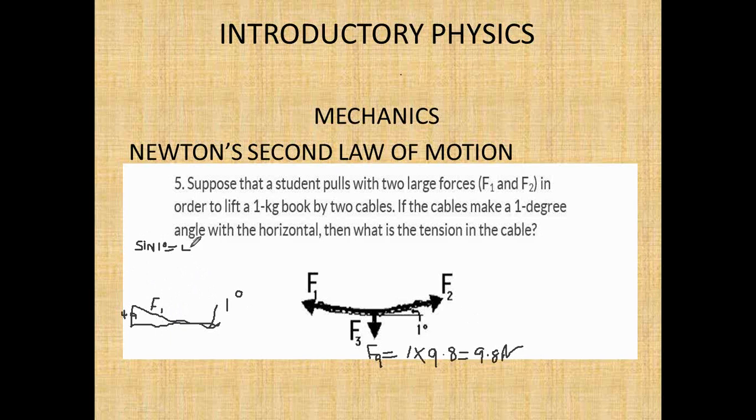That's the vertical component of your tension. 4.9 divided by the hypotenuse, which is F1. So F1, which is the tension, is equal to 4.9